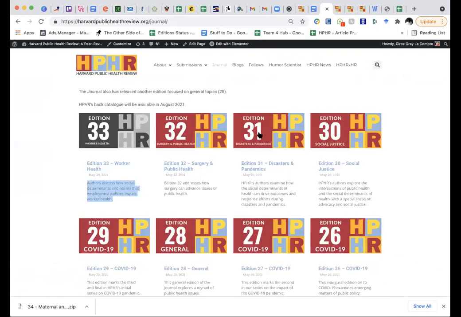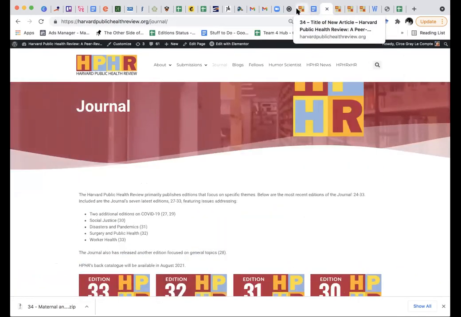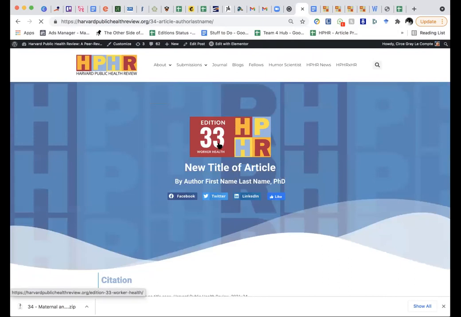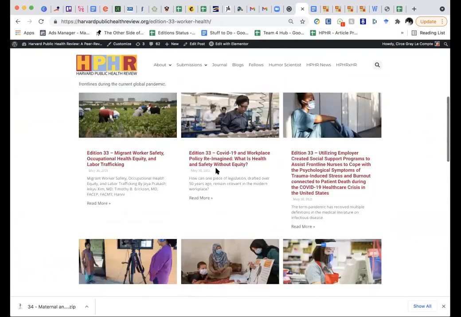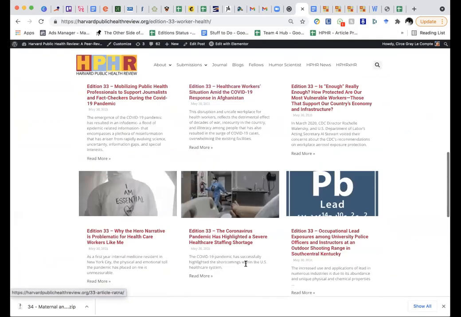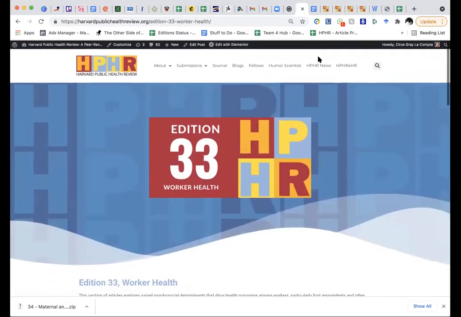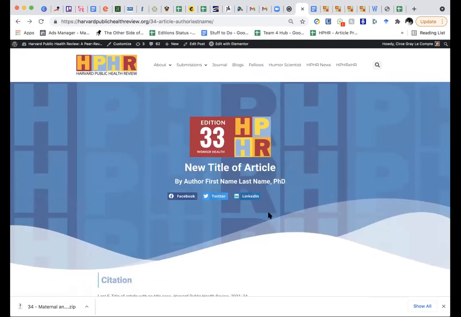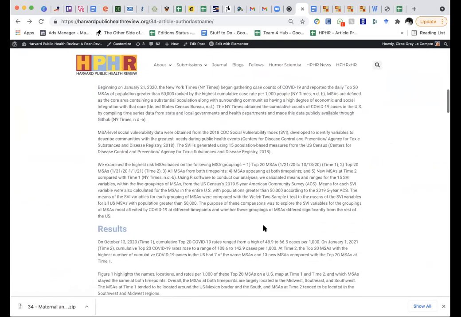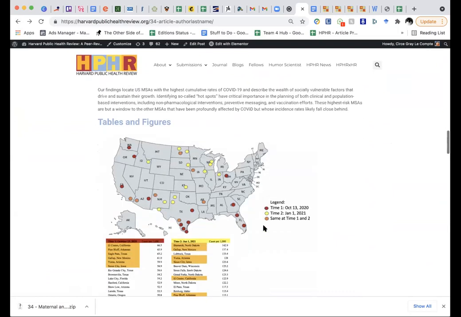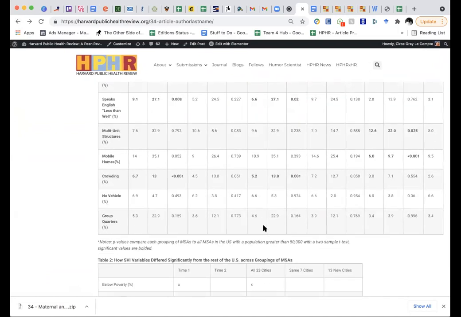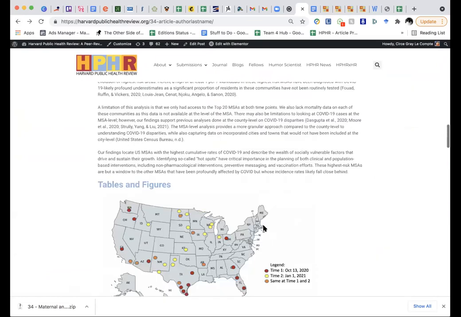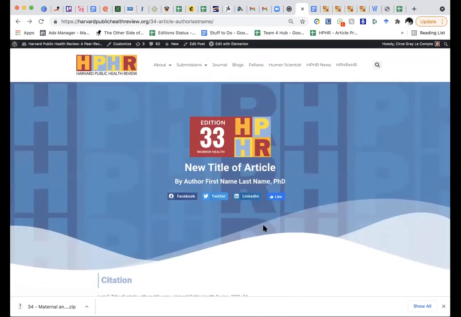The other thing you would check is to make sure that your new article went to the edition, that link at the top worked, and you would just make sure that everything was rendered. This sometimes, even with the best planning, can go a little awry. So that's how we lay out articles.